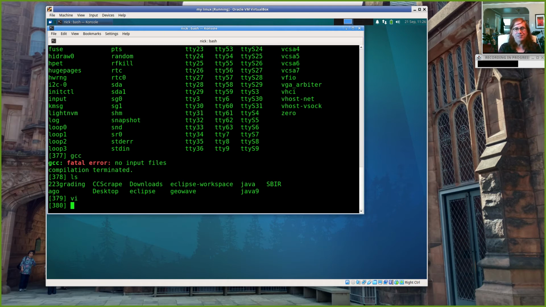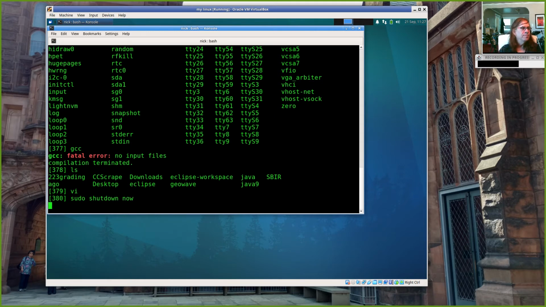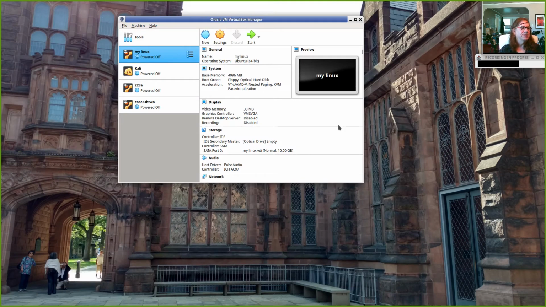You don't have to study for those questions if you've spent the first few weeks of this course living, sleeping, and breathing in Linux, right? You'll be using these commands all the time. You'll be compiling programs, editing programs, and so on. The more time you spend here, the more second nature it's going to be. And I can shut down my system from the command line if I want.